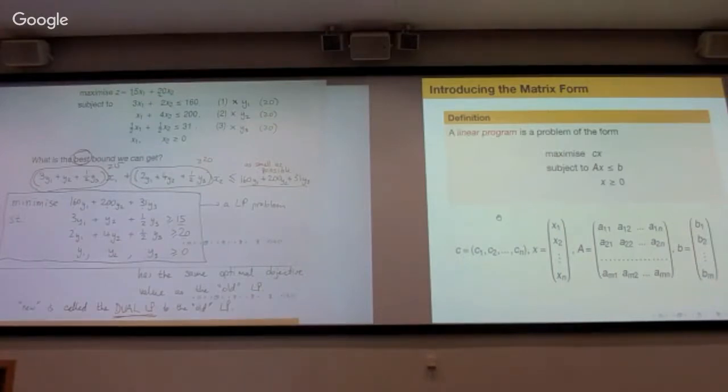It's perhaps a little bit fuzzy, because C times X is just a number. It's the product of two vectors, like the inner product, or what you call the scalar product of two vectors. That should be familiar. However, with A times X, you take a matrix that has n columns and m rows and multiply it with an n-vector, and you're going to get a vector that has m entries. Okay, m rows. So this less than or equal to b means that every